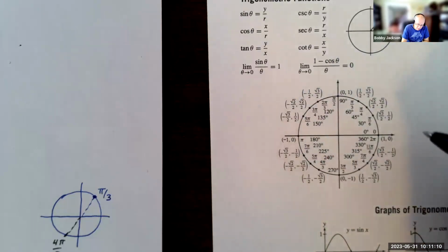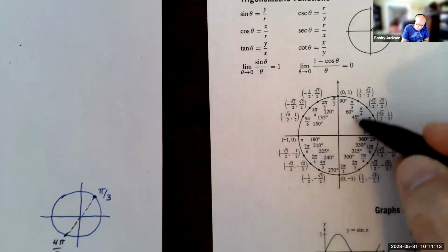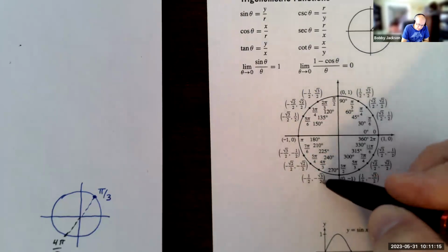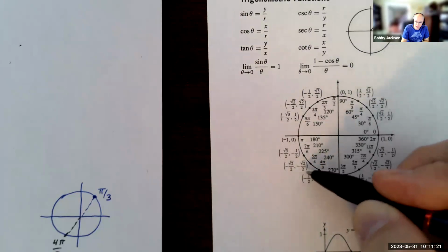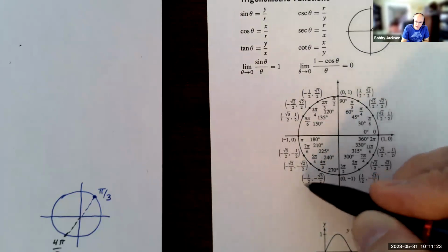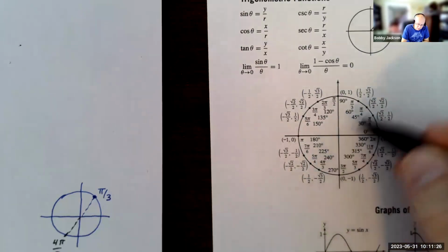2 and 3. So at 4 pi over 3, sine and cosine are both negative, but a negative divided by a negative is still positive. So negative square root of 3 over 2, which is sine of 4 pi over 3, divided by cosine of 4 pi over 3, negative 1/2, is positive square root of 3. So